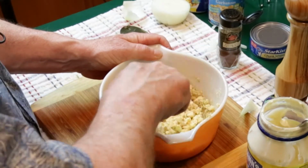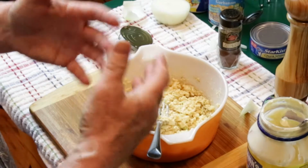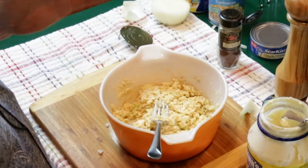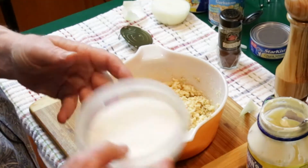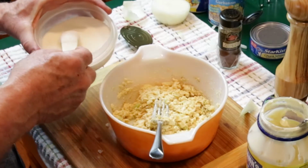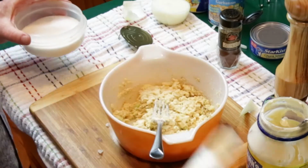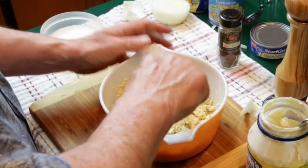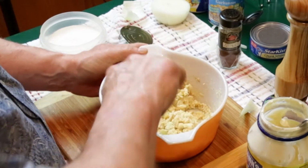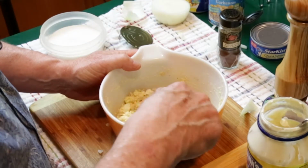And the last ingredient that I like to add, like I add it to tuna fish, and I'm going to add it here because I think it helps take the edge off the fishiness of the tuna fish, and beans especially have a little bit of a characteristic of dirt to them in their taste. So I add a little bit, and I just do it by eye here, but I'll start with a teaspoon of granulated sugar, and put that in. So I guess maybe a teaspoon is about what I would use. That's not going to give it a sugary sweet taste per se, but it's going to take the edge off the bean, if you really like that bean, I kind of call it a dirt, earth